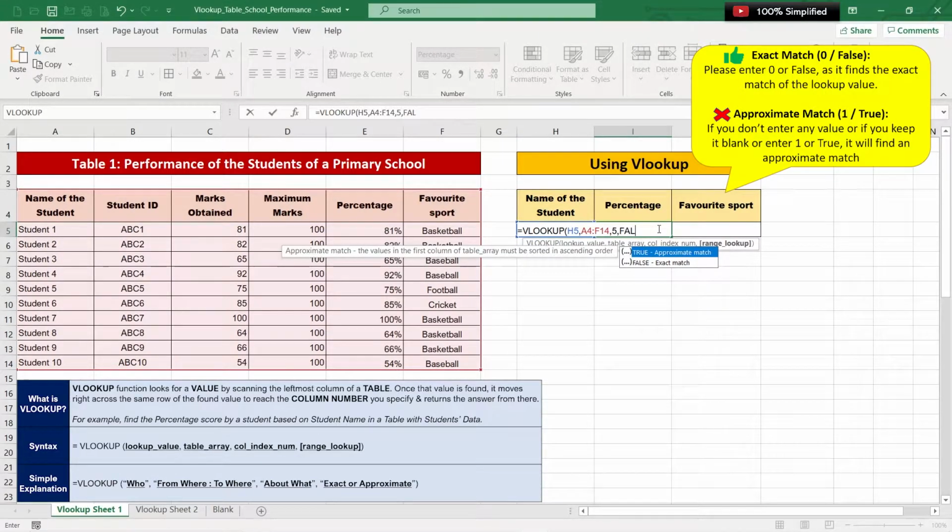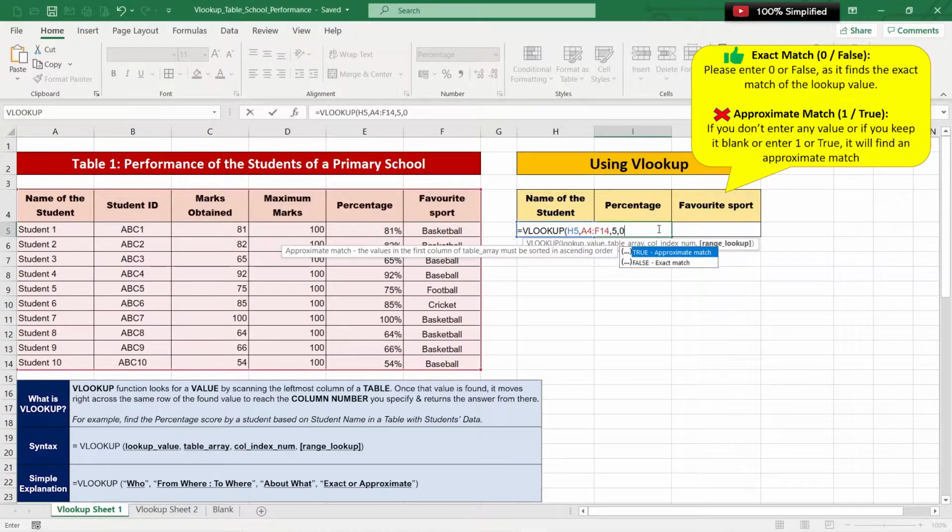It's totally up to you. Either type 0 or false, which is for an exact match. Just forget the approximate match right now. So let's put a 0 here, which actually means false, that is, we are trying to get an exact match.